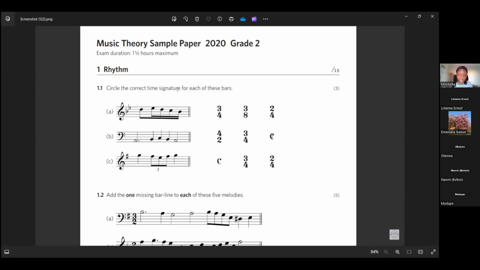I hope you can still see my screen though. I have a question. Why is C 3-4? Because I can see three quavers in the middle. Okay, thank you for that question. So I don't know if you remember the grouping of notes class. I don't know if this was pointed out, but anytime you see three quavers, just the way it's written like this, it's this whole